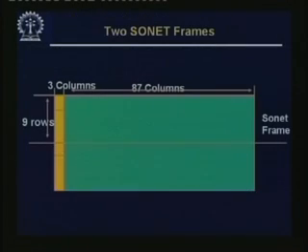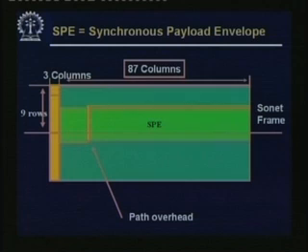So, these are the advantages of the SONET frame. This is one frame coming in maybe 125 microseconds, this is the next frame, and my SPE, as I have already shown, can overlap. It may start from anywhere within the first frame and then continue in the second frame in this fashion and then be over. And after this, some other envelope may come in over here.